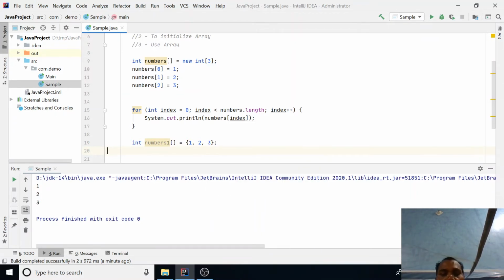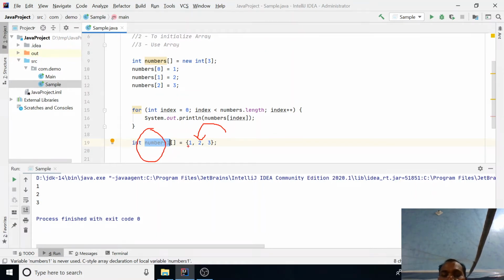In that case, you can use the syntax: just mention the name of the array and the number of elements which you want to initialize. Means here is the declaration and initialization both in the same line. So in this case, the compiler automatically identifies the length of this array, the size of the array.